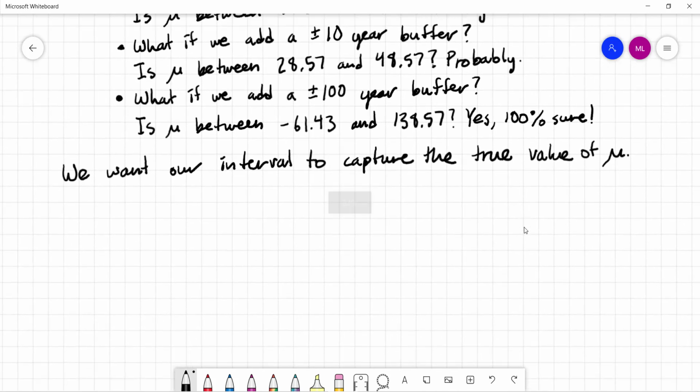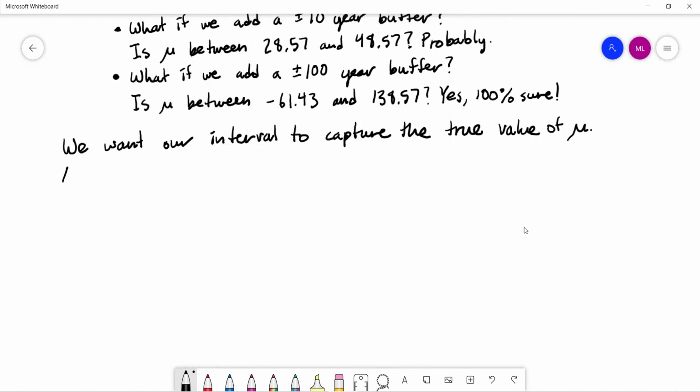Make this a little bigger. As we make the margin of error, let me use the correct terminology. We're going to call this the margin of error. Let me underline this because this is going to be the term that gets used. The margin of error